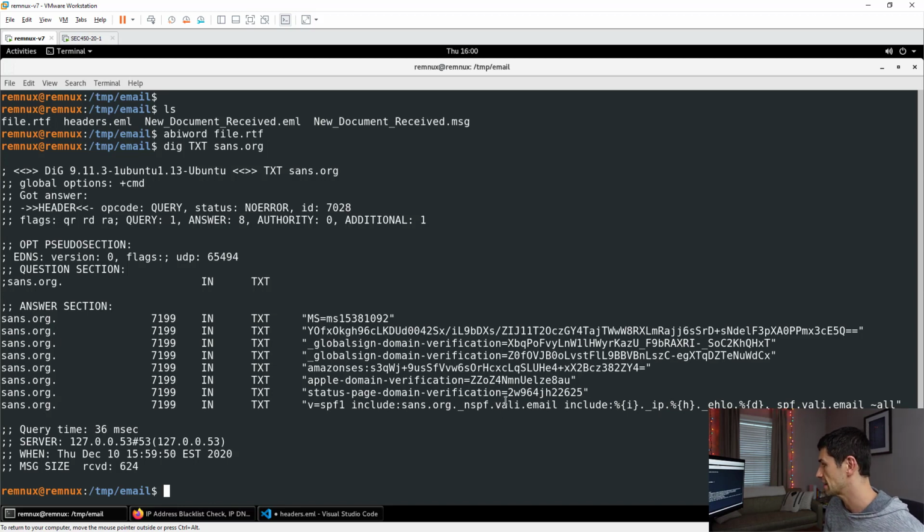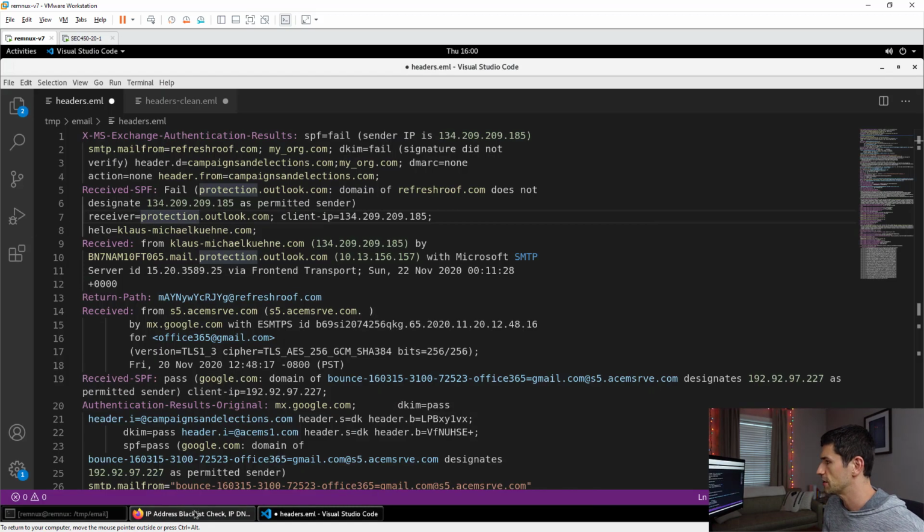Now this one is more complex. Oftentimes it can just be an IP address, or it can just be a host name that gets translated into an IP address. We're not going to go into what all of this means. But largely it's basically saying this is where you should expect us to send email from. And so when we read this header, Received-SPF, it says fail because